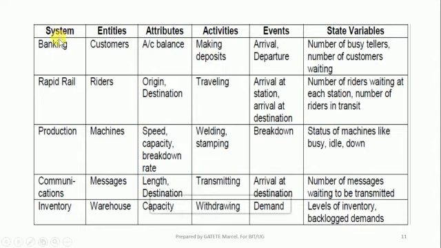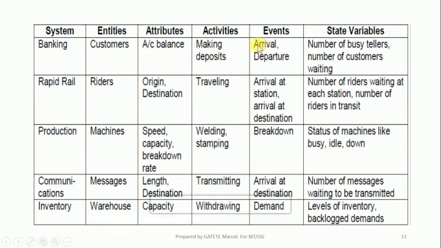It means that we have a customer who has an account balance. He is making deposits, or he is depositing a new amount into his account in the bank. So banking is the system, the entity is the customer, the attribute is account balance, and the activity is what the entity is doing. He is depositing money.